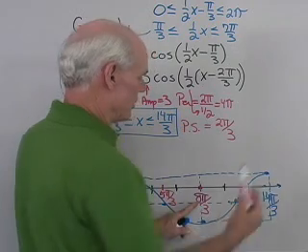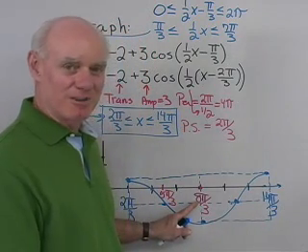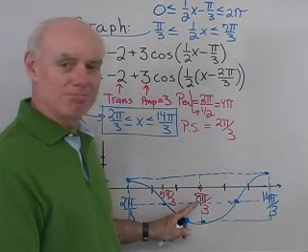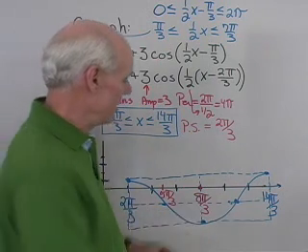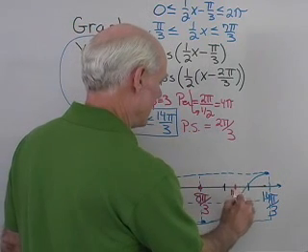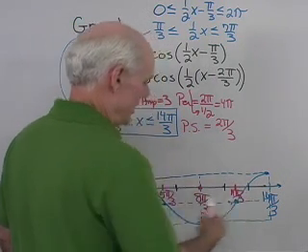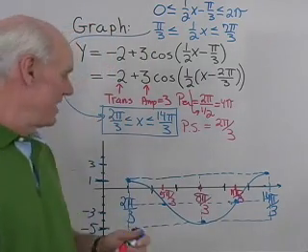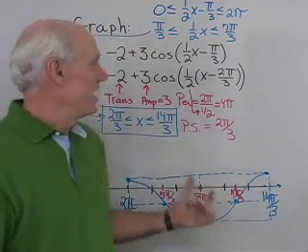8 pi over 3 plus 14 pi over 3, 22 pi over 3. Half of that is going to be, what, 11 pi over 3? So that's this. Okay, kind of sloppy. It's hard to do on this board with these pens and stuff, but in any case,